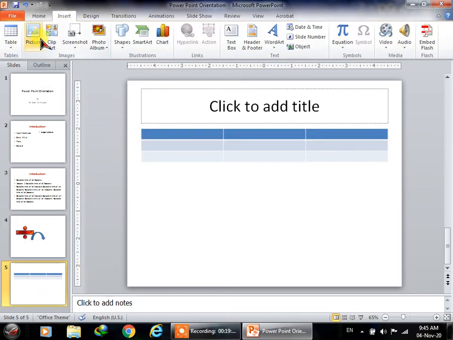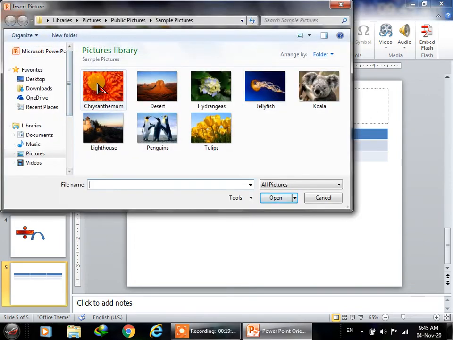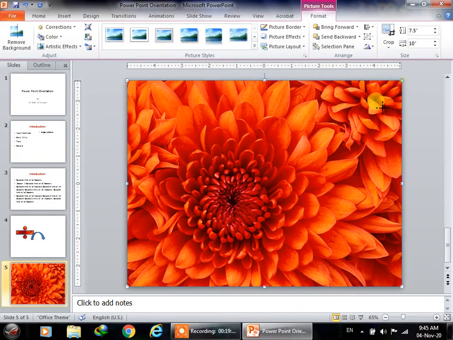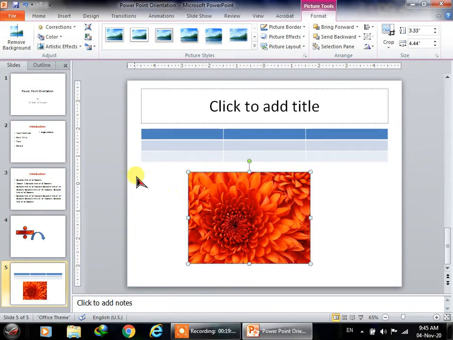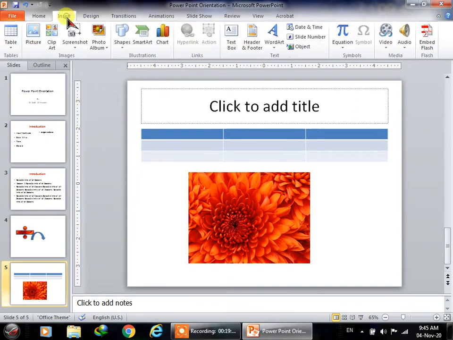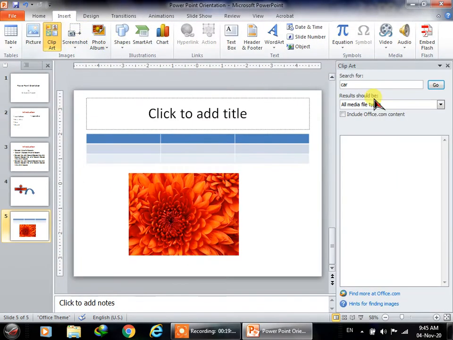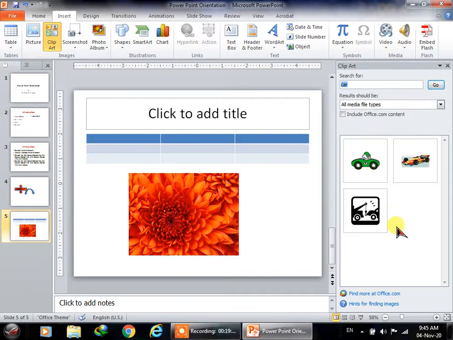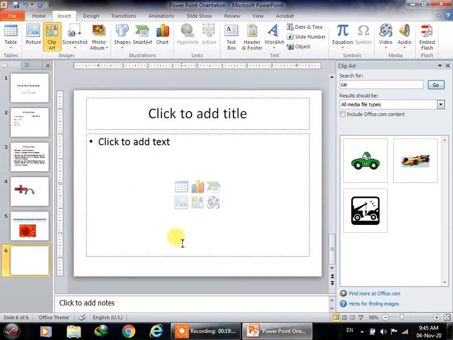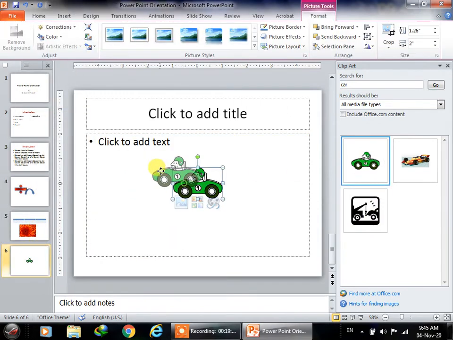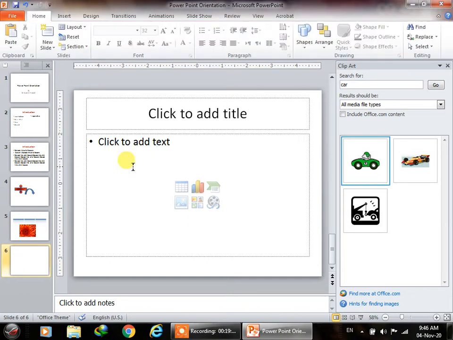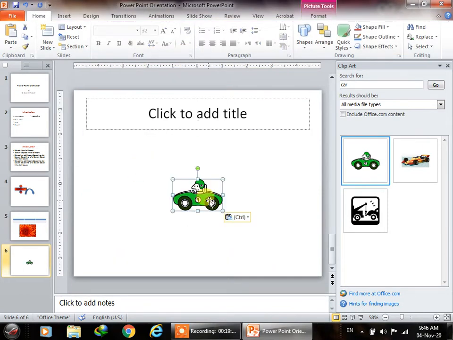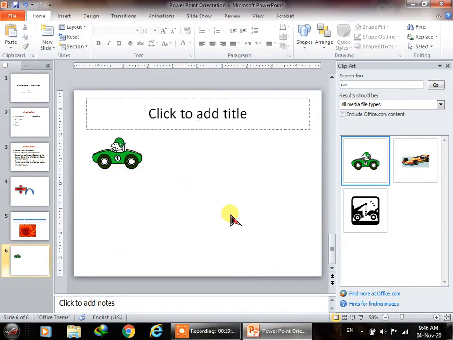The next thing is you can add pictures. Any picture can be added. You can add clip arts. Clip arts are basically a very primitive type of picture. For example, if I want to add this car, so there you go.